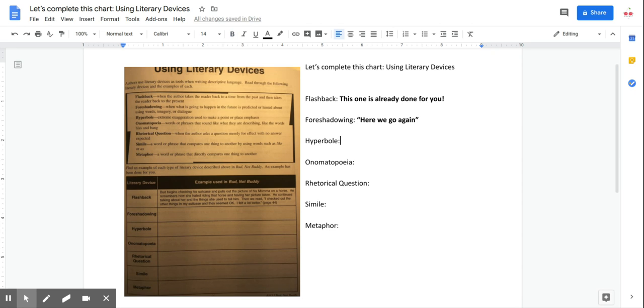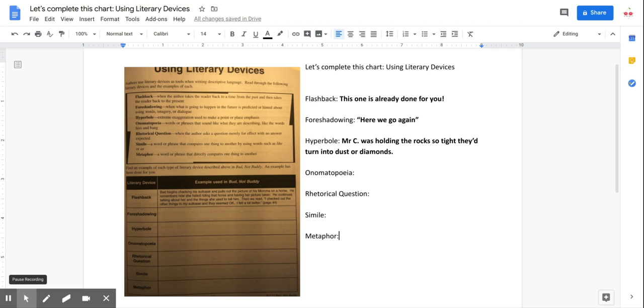And one of the times I can think about where exaggeration was used was in chapter 18 when it said Mr. Calloway was holding the rock so tight they'd turn into dust or diamonds. So let's add that in as an example, and maybe you can think of one or you can use the same one.